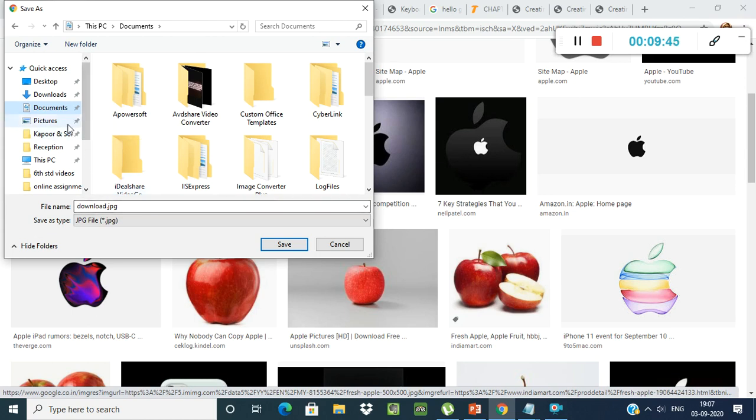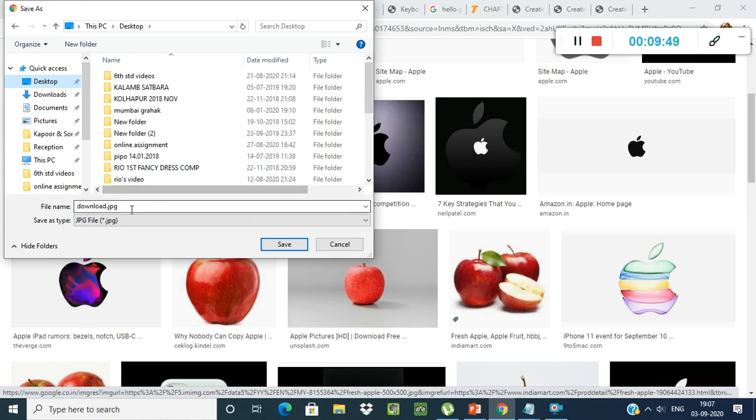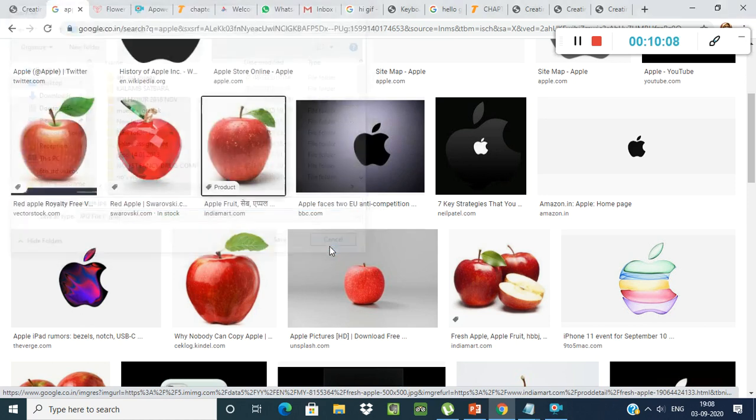My coding file is on the desktop, so I am saving this image on the desktop and changing the name. Instead of download, I will type here apple.jpg. Okay, and click on the save button.